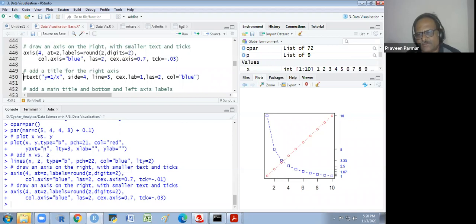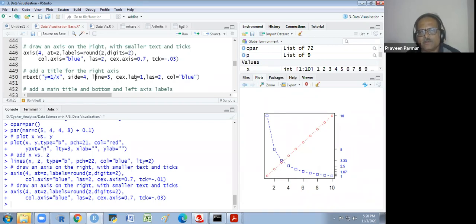Now mtext. Title for the right axis. For this axis, I want to write a title. So title is y is equal to 1 by x. Y is equal to 1 by x. Side 4, line 3.